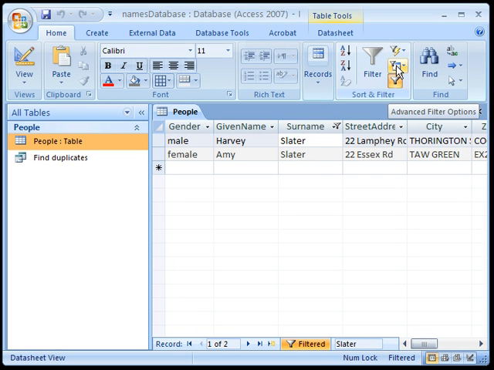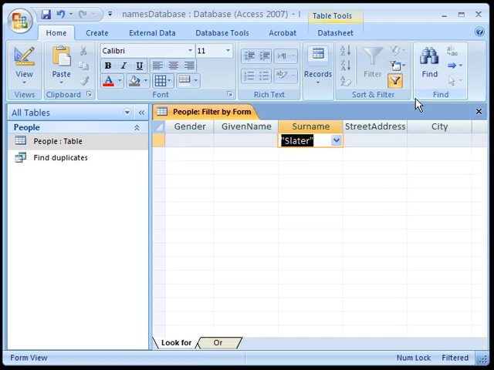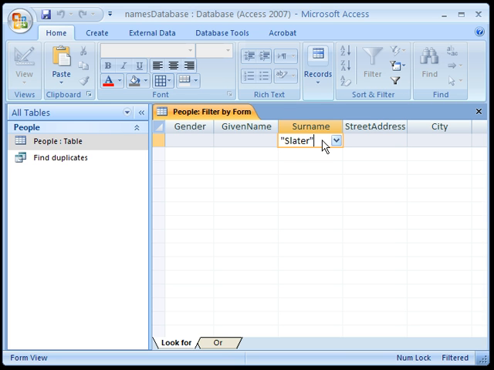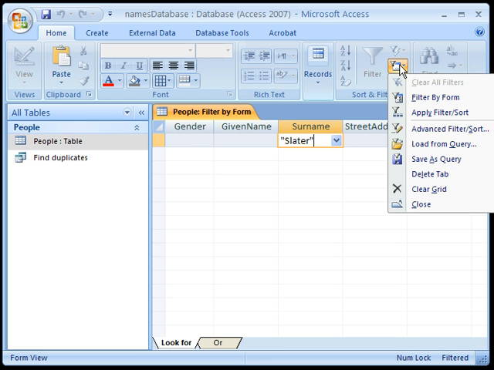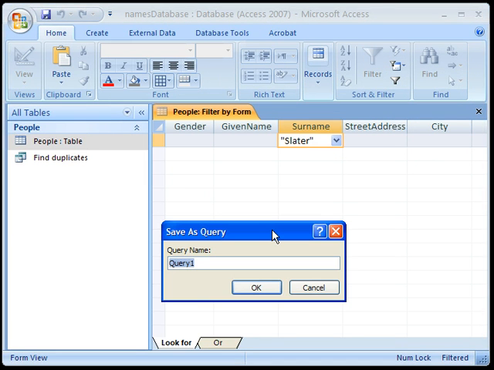Well, the way we do it is we click on this one, Advanced Filter Options. We go to Filter by Form, and that shows us how we've actually filtered the data. Notice in this case we're saying the surname must equal Slater, whatever's in the speech marks there. That's what Access has done for you. So you check on that, yeah, that looks okay. So I'm going to click on the advanced filters button again, and this time I'm going to select Save as Query. So we're going to save this as a query,